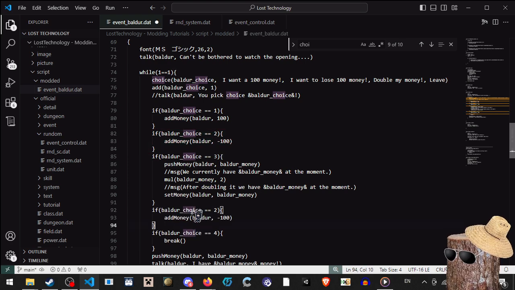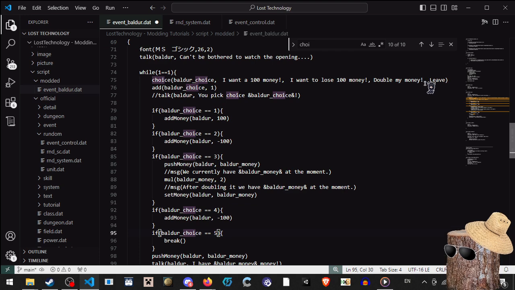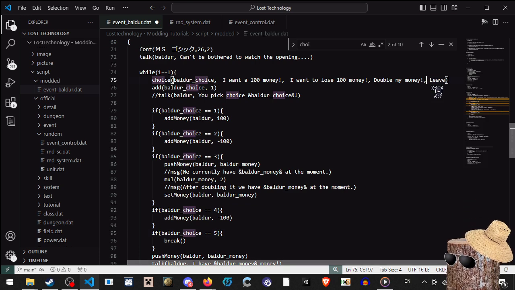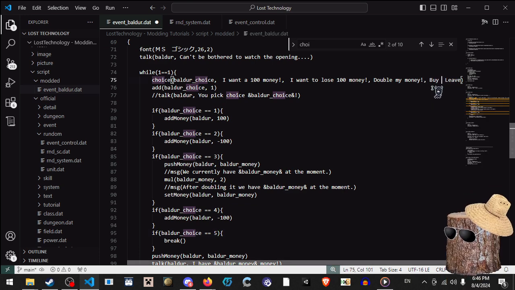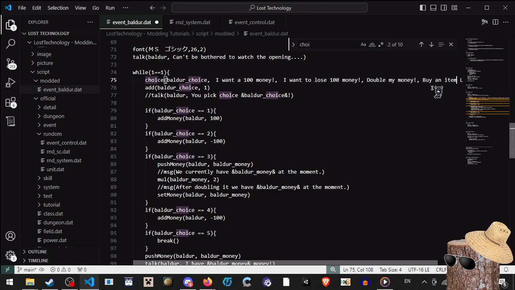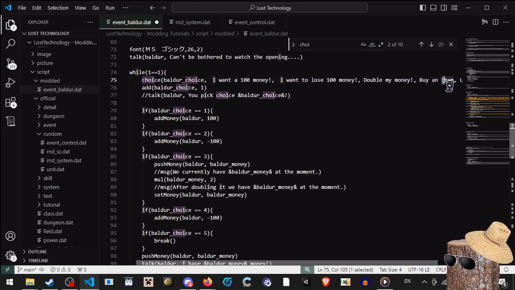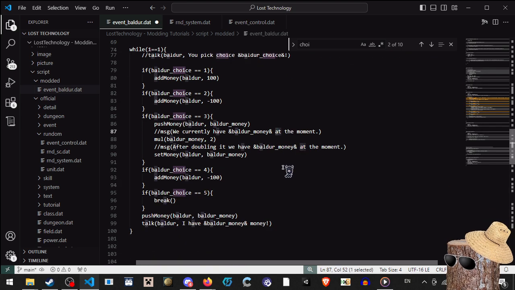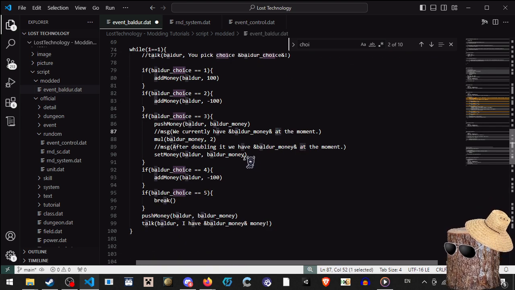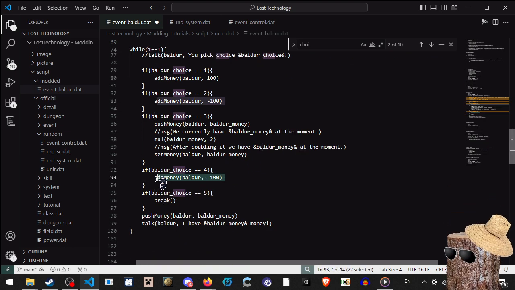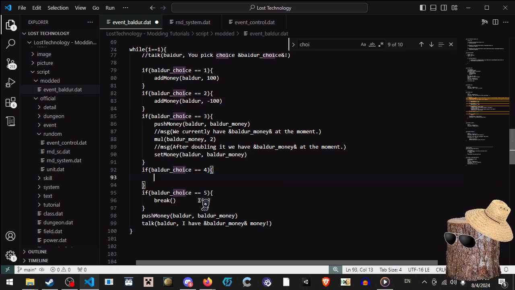This will be like choice 4. I'm gonna move everything over a little bit. This will be buy, I don't know, an item. Cool. It'll buy an item. So we're gonna buy an item. What we're first gonna do is I'm gonna be like, hey, if